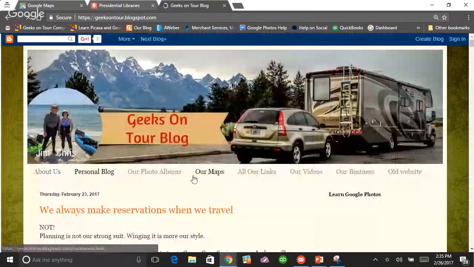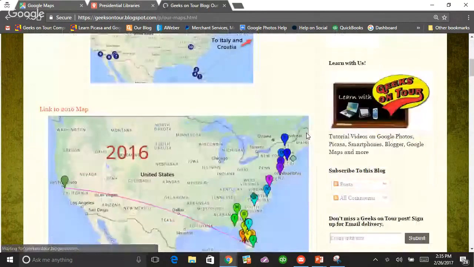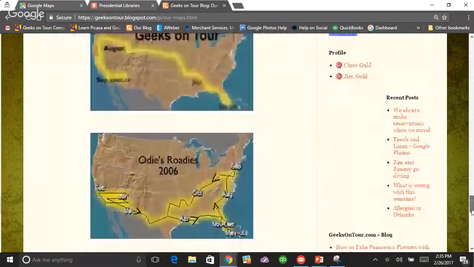I want to show why I love these My Maps so much. We have a page on our blog for all our maps. I have made a map of where we've been on the road. Since we are a little ahead of time, I'm going to show you that. Our blog, geeksontour.blogspot.com. And here is the tab that says maps. And if you scroll down all the way back,